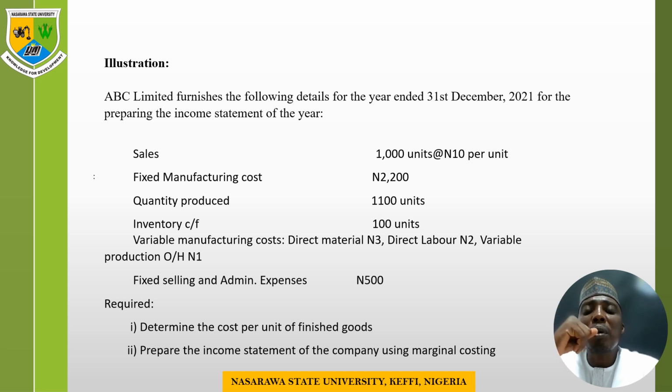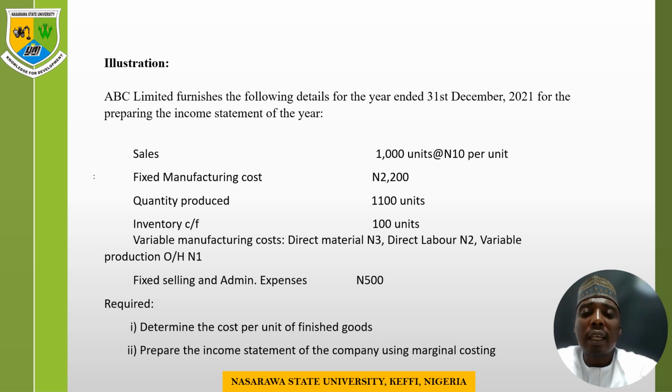The actual sale is 1,000 units, but we are left with 100 units of stock that is yet to be sold, and as such, this makes up the quantity produced. Then the costs that are expected to be incurred to produce this quantity of production is